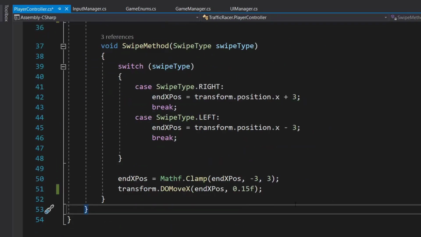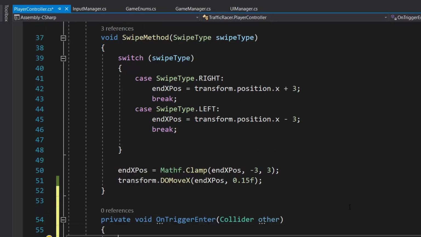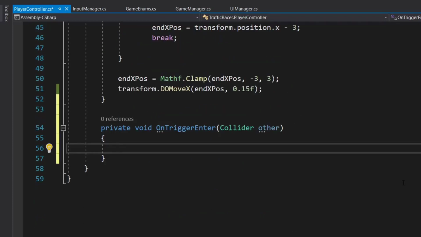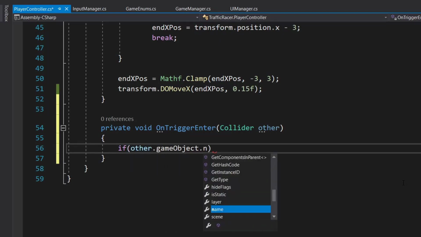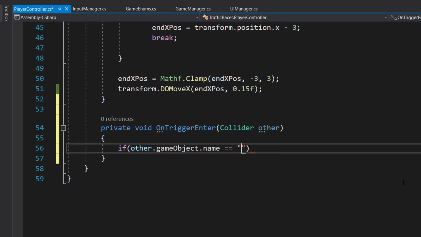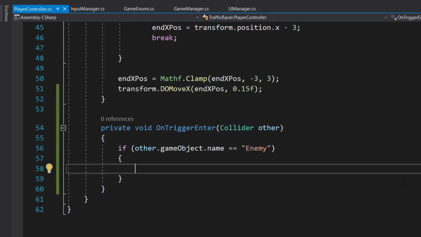And we will also need an OnTrigger method, which is Unity's default method. So here we are going to check for our enemy. Right now we don't have any enemy, so what we can do is check if other.gameObject.name is equal to enemy. We are going to make changes to this if condition; we will be using a more precise way, but for now we will use this.